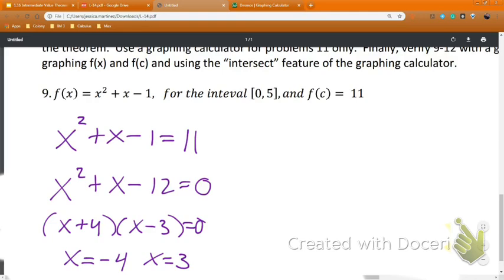Which one of those is in the interval that I'm looking at? Yeah, positive 3 is the C value in that interval that makes this equation true. So put a box around positive 3. That's your C value. So if you plug 3 into the function, it will make that function equal 11. Whew! Wait, but we're not